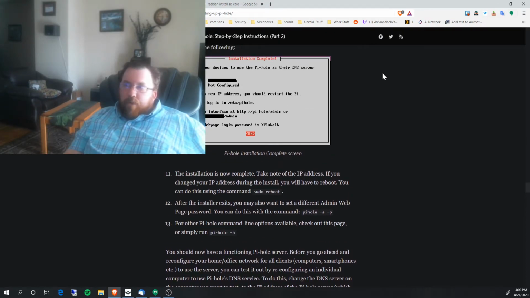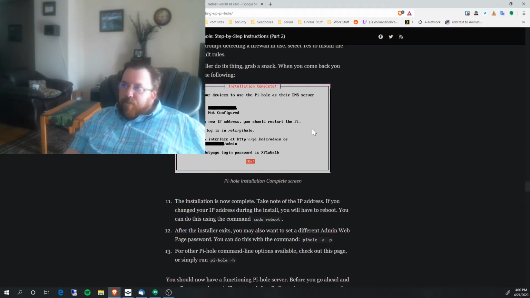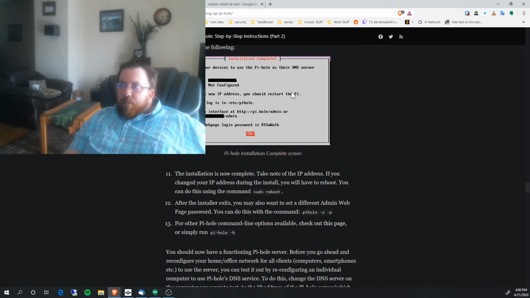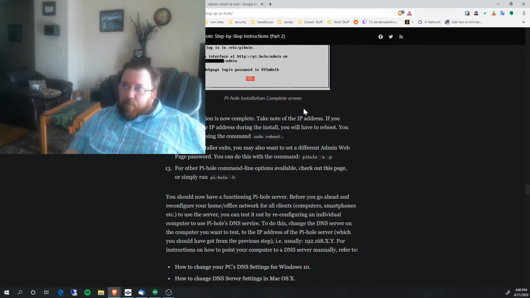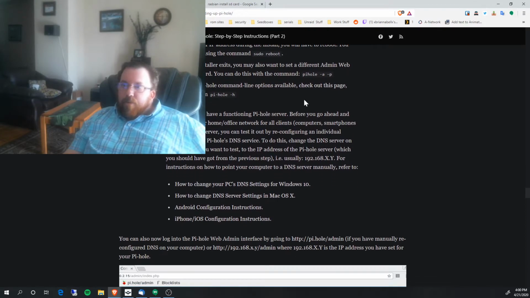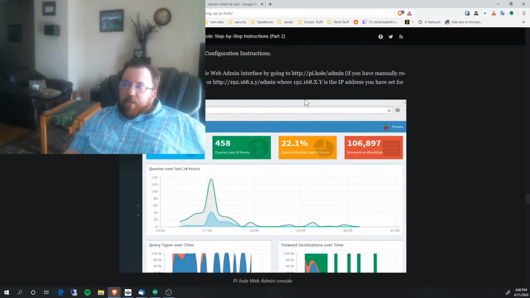One important thing to note, as of right here, you will see the IP address once again of your now ad blocking device through the Pi, and then also it will give you a password. I very highly recommend taking a screenshot of that on your phone, or if you're using SSH to screen cap that of some sort using snipping tools, something of that nature, because you will need that login once you go ahead and get the first time install set up. You will need that in order to log in. After that, I recommend putting that in a password vault or somewhere safe, because you will definitely need that.